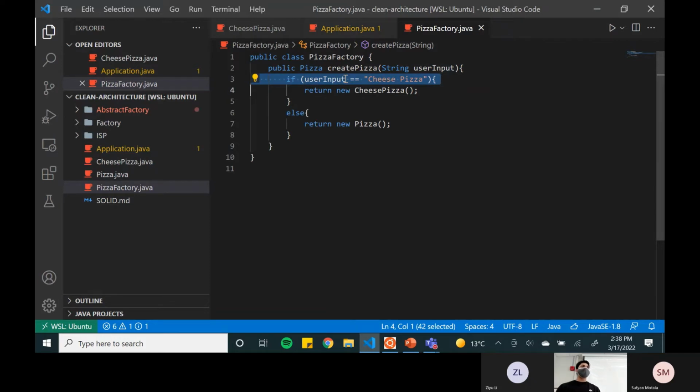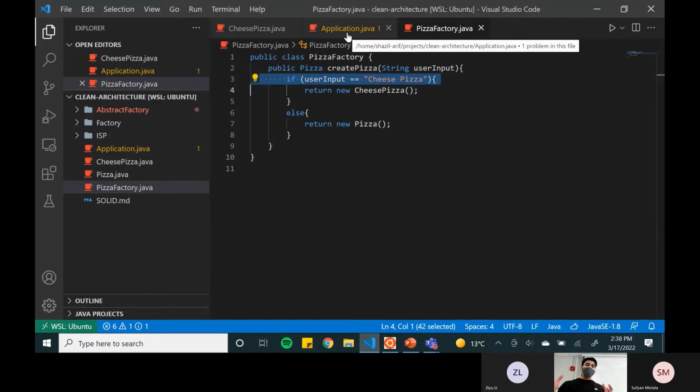But this could be something more complicated, so you might do an external database read. You might call an external API or a server, and then you might get some data, you might process it, and so on, and then determine which is the corresponding object to return. So you can imagine it might get really complicated. So if you put it into another class, that hides away all of that complexity,